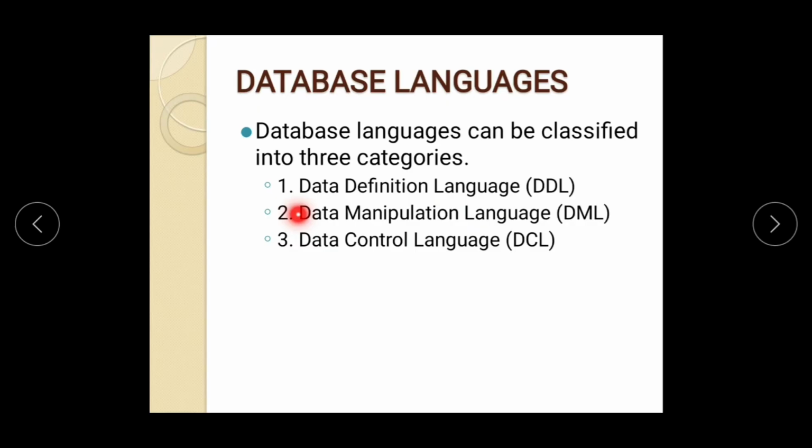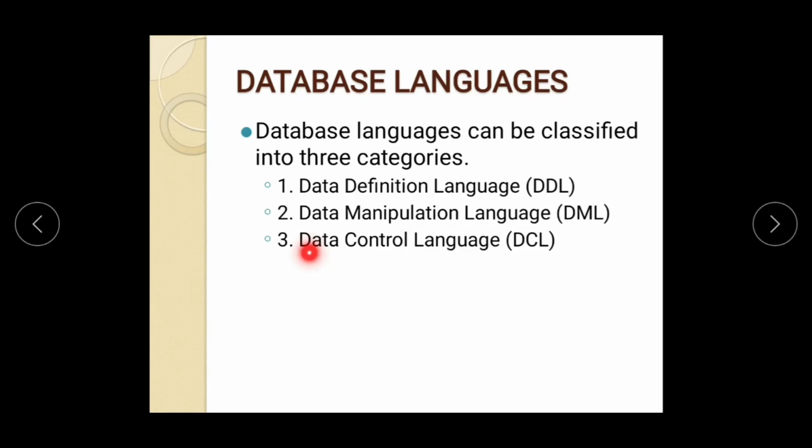Data manipulation language deals with the modification of data. If you want to update the mark of a particular student, we are modifying the actual data in the table. That is done using the data manipulation language,